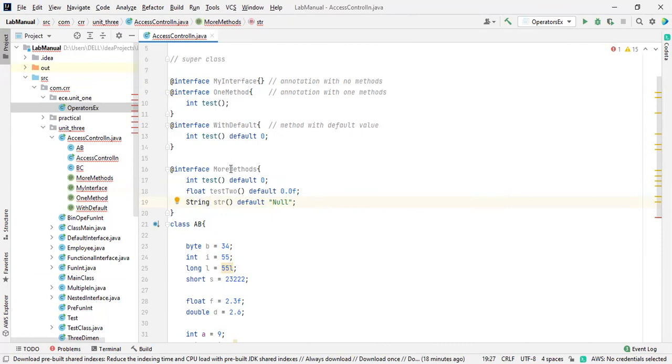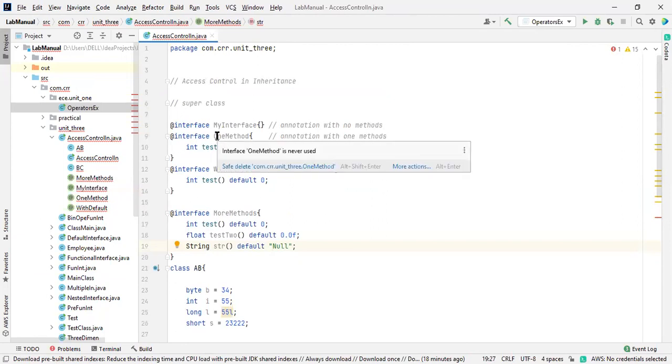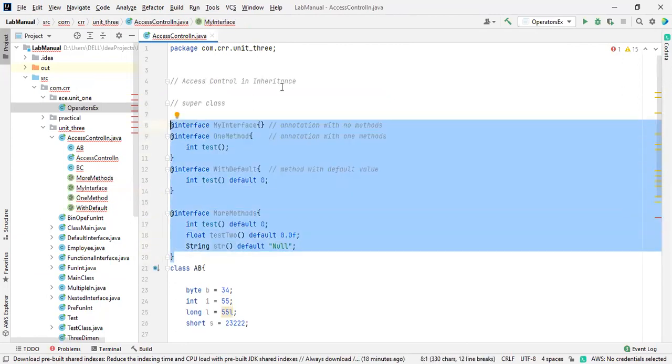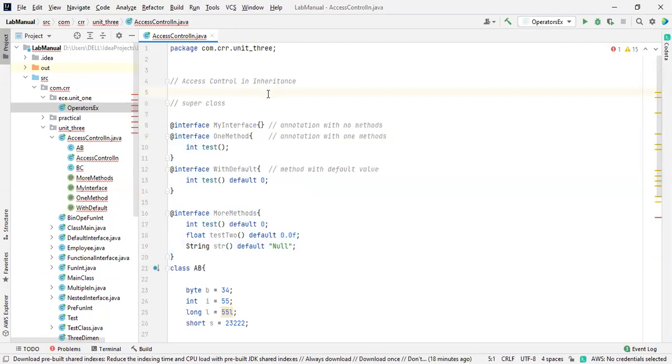Everything you have to know about the basics of an annotation, which we call an interface. The annotation is nothing but an interface, consisting of 3 points you have to understand. One is the annotation with no methods, the annotation with one method, the annotation with one method with default values, and annotations with more methods with default values.